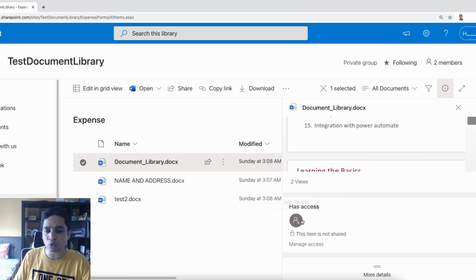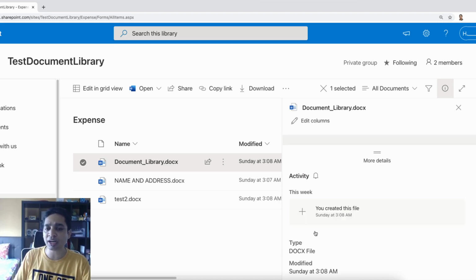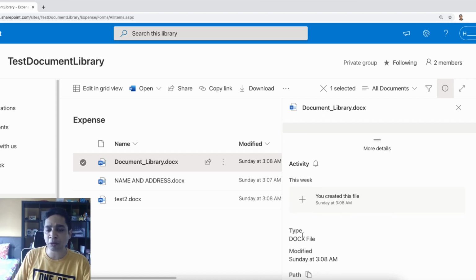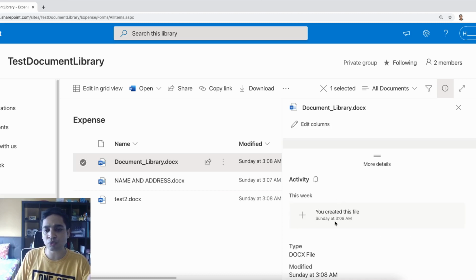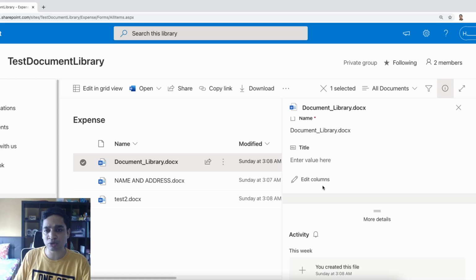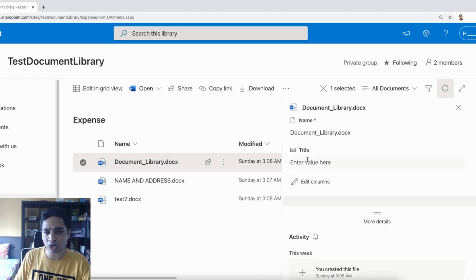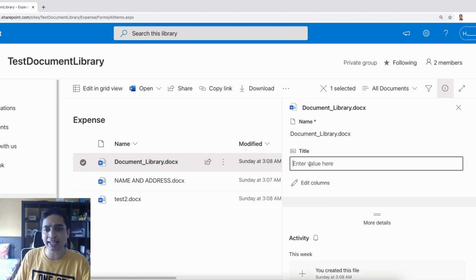Then who have access to this particular file, what were the activities regarding this file, when was it modified, what is the type of this file, and what is the size of this file. One important point though is that when you select this informative view, you can also update properties of this particular document library. So if you see that it shows you all the columns, here you can directly edit a